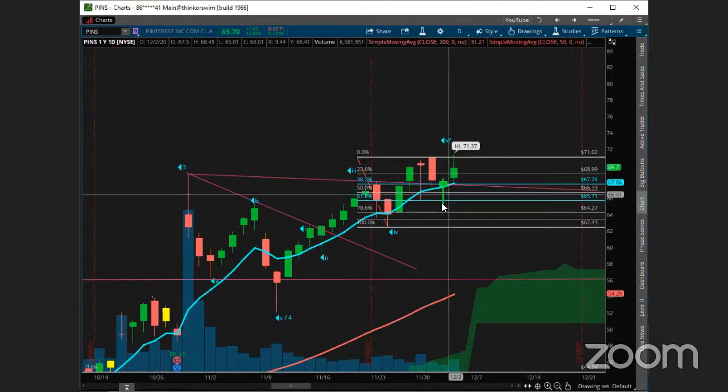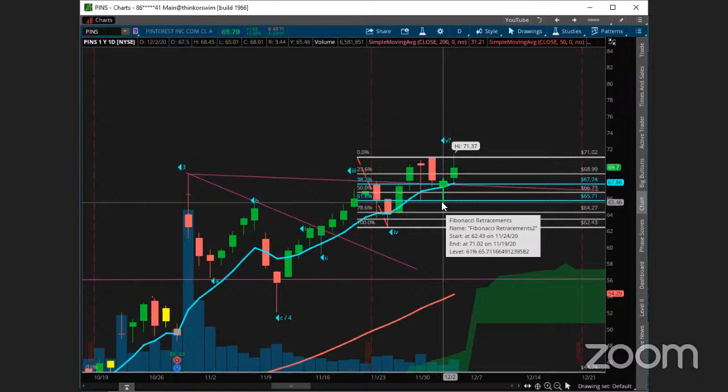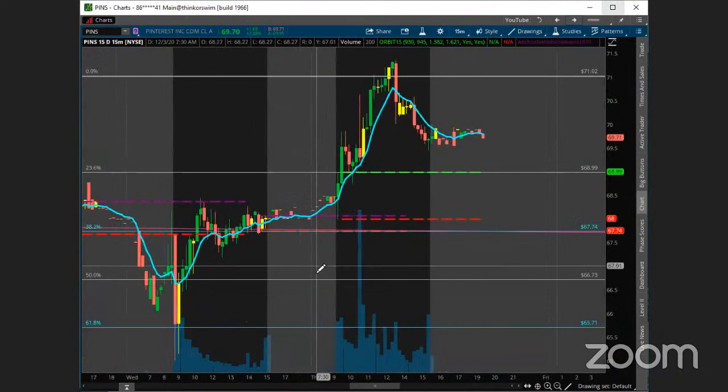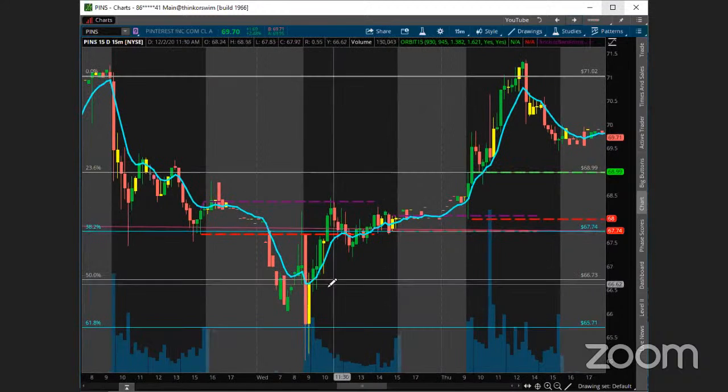So you look here at this point for the 618, we got a nice bounce off of the 618 yesterday. So the ideal time is to try to get in off of that dip and then let runners run with the options, right? So let's just take a look at yesterday. It did give an opportunity to get in there. In fact, it did give a nice inside 15, right?